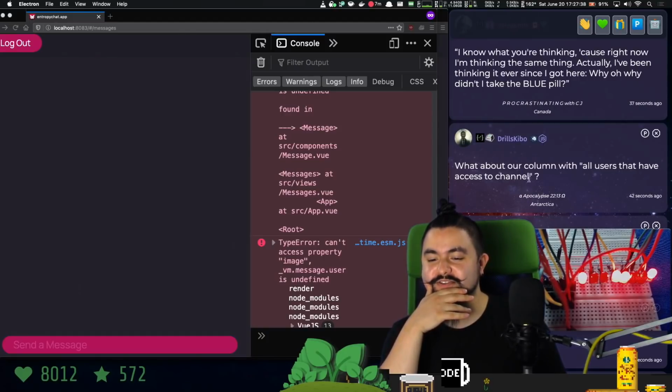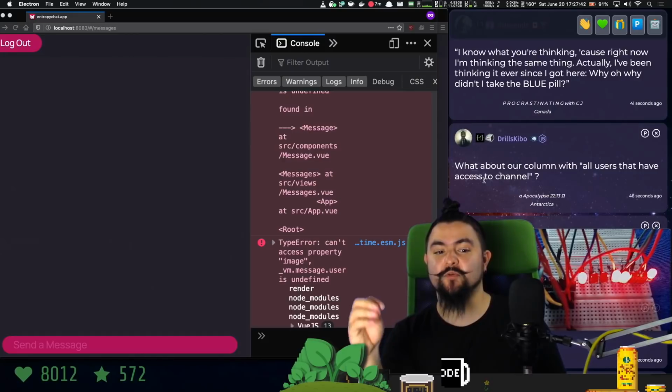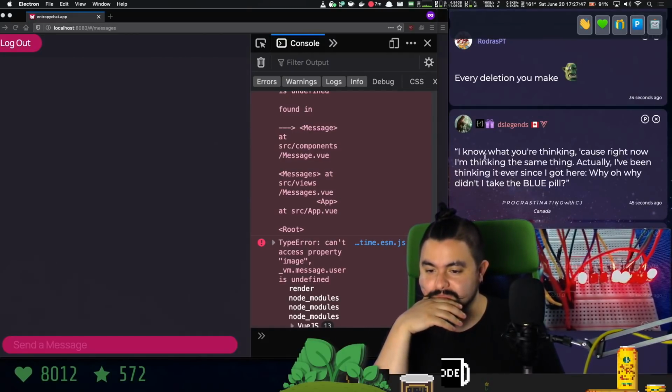Our column with all the users that have access to the channel, that will come from a separate service where we can limit the users returned for that specific server that the user is in. I know what you're thinking, because right now...